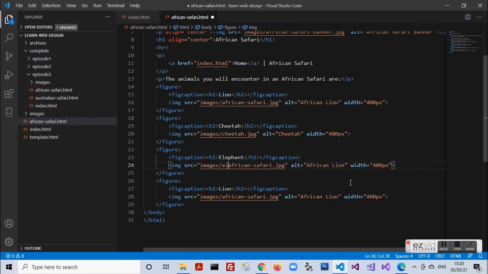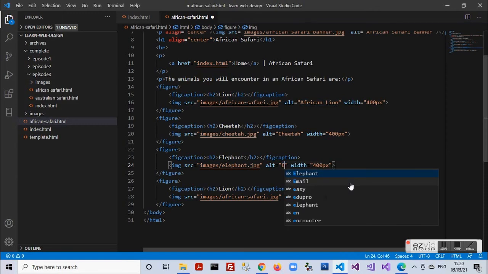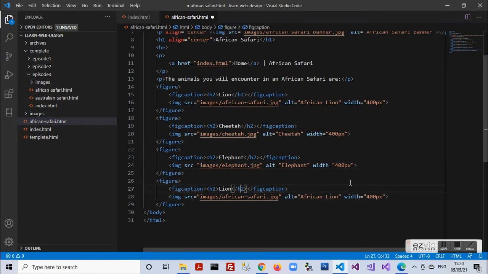Need to change the image, the alt tag. Then I have the giraffe, and the alt attribute.